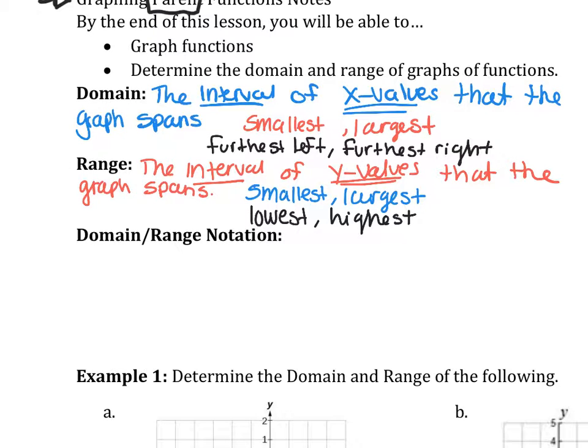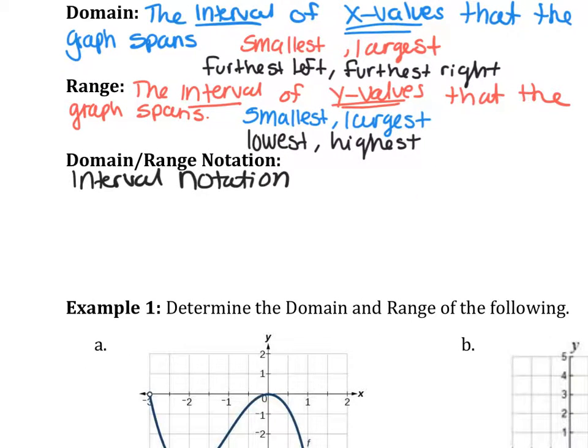Okay, so when we are writing domain and range for functions, again, we're going to use what's called interval notation. And so how it's different from yesterday. Yesterday we had to list every individual x and every individual y. For this, we just have to write our end points, so the smallest one and the largest one. And then around those values, we need to include or denote if those values are included in the graph or not included. So if we have closed dots or closed points,